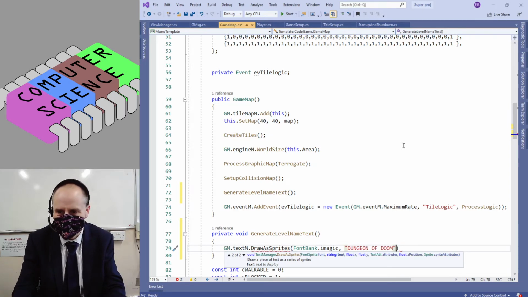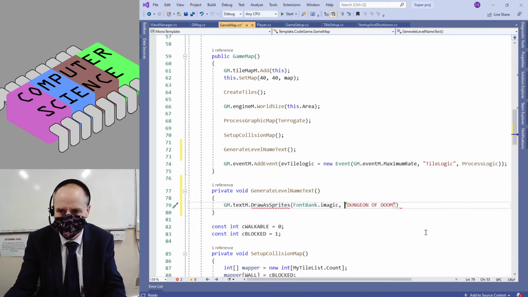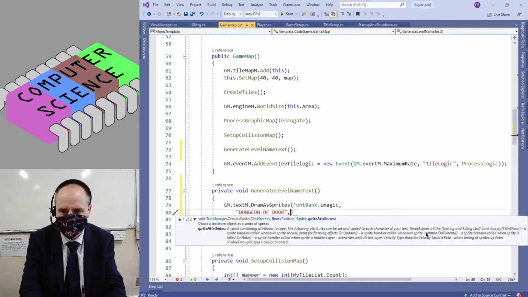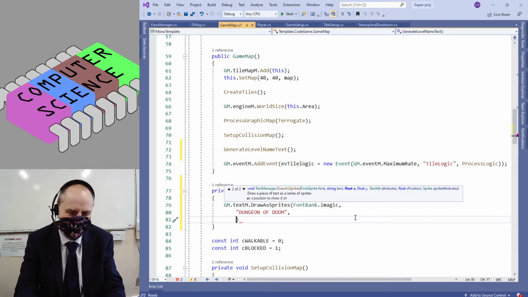Right, this is going to get quite long. So what I'm going to do is I'm going to put each parameter on a separate line. Okay, so every time I put my next parameter in, and if it stops showing you the one that you want, just click on the little black arrows to show. So this is what I want. So I want the X position next. So I'm going to put that on the next line. So I want this at